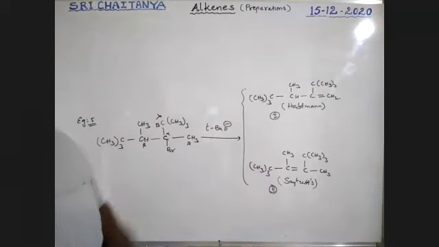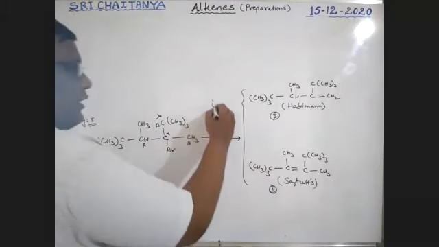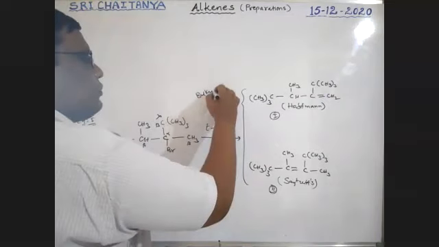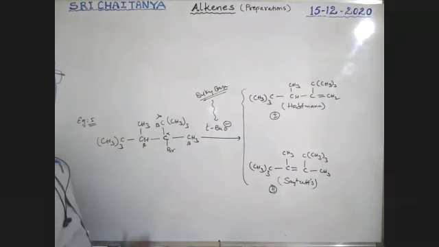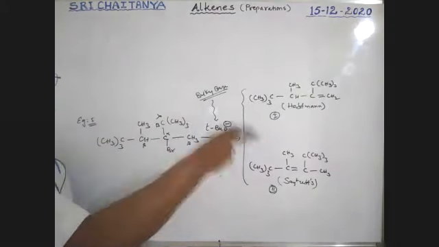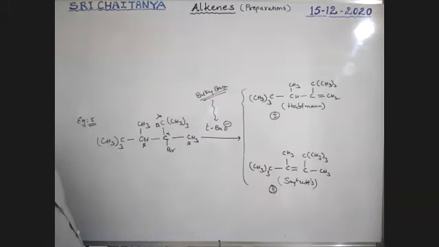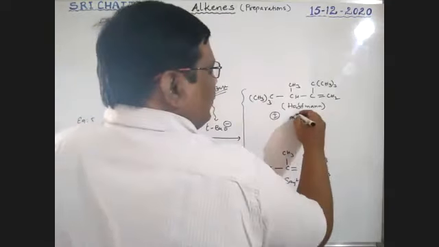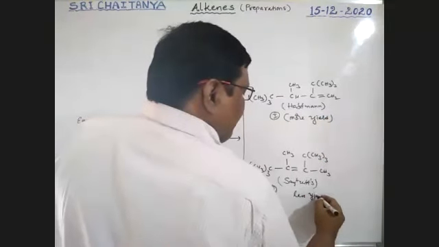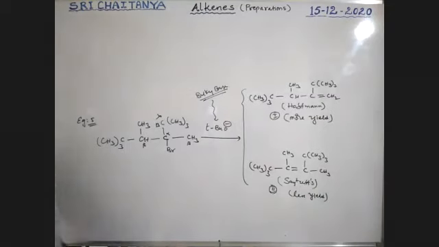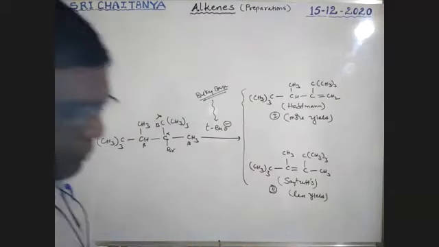Now tertiary butoxide, boys, is nothing but a bulky base. Already I wrote at the time of bases, bulky bases. Whenever a bulky base is there, the Hofmann product predominates. Therefore, it has more yield, and the other has less yield. That means percentage yield of 1 is greater than 2. It is important. Next, one more example.